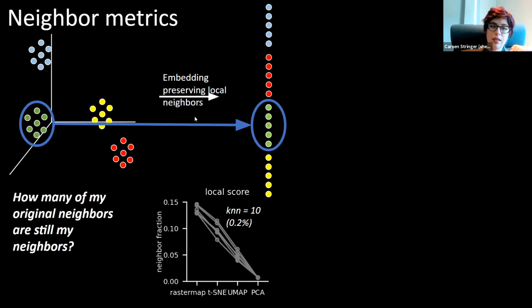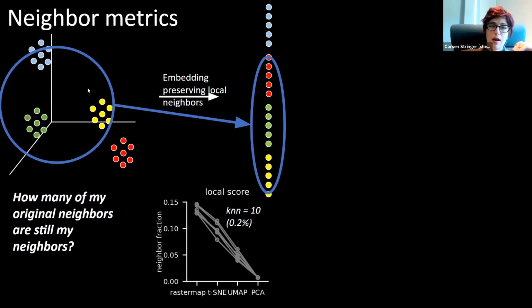So for instance, if I zoom out, am I preserving the global structure, which might help me to see these patterns and how they're related to each other in my embedding? To do that, you literally just start taking more and more neighbors. So instead of taking 10 neighbors, for instance, you might take 100 neighbors, and you see if that structure is